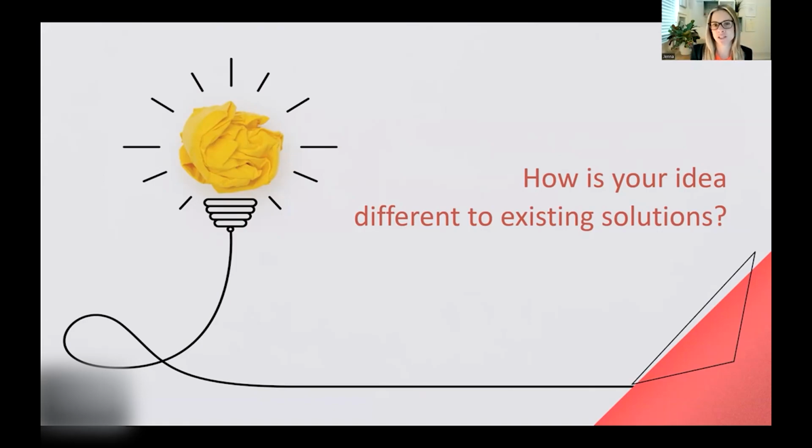Is it a different approach that you're taking, a different type of technology, a different route that you're going for? Maybe it's a slightly different audience you're going after to really impact them in a certain way. But that differentiation factor is really key to think about. So again, just getting started with these few questions to think about before we dive into developing your story.